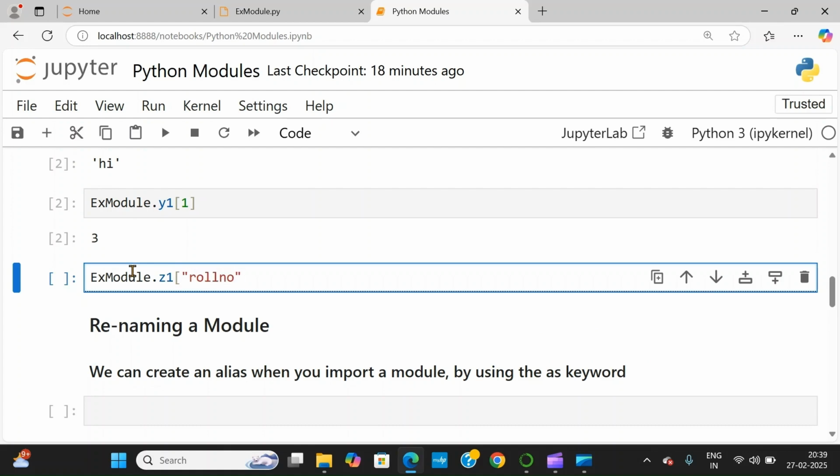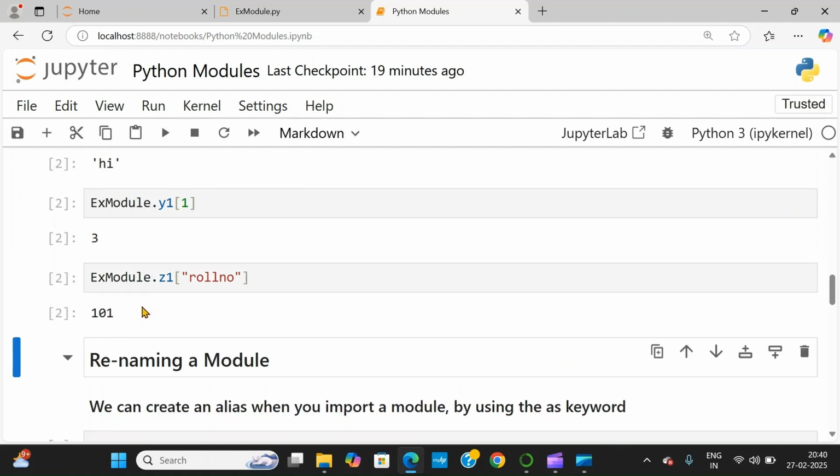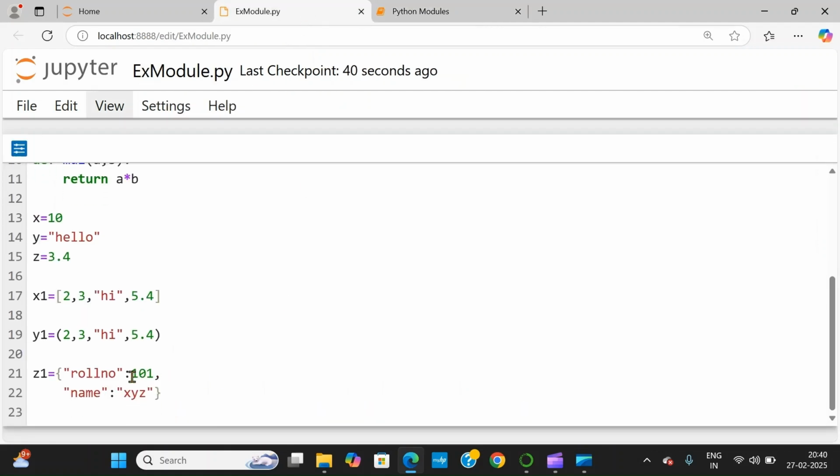Okay, we didn't support indexing here for dictionaries in the earlier versions. Just we'll see what happens here. You got 101. Now can you see here? This is the 101 value. If suppose I want the name,